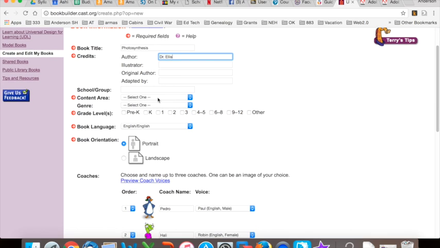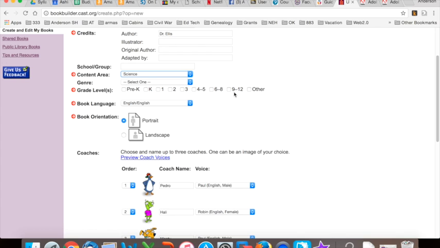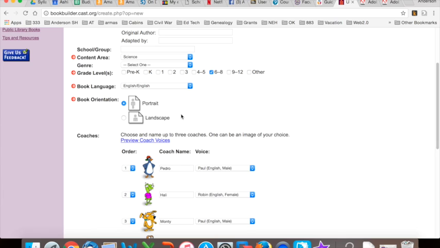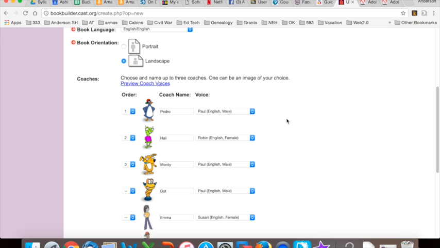Okay, so then content area is science, and it's going to be somewhere around there. I'm going to do it so it takes up the space, so I'm going to do it landscape. Okay, so when we talked about the whole idea of knowledge and what we want to learn, so what we